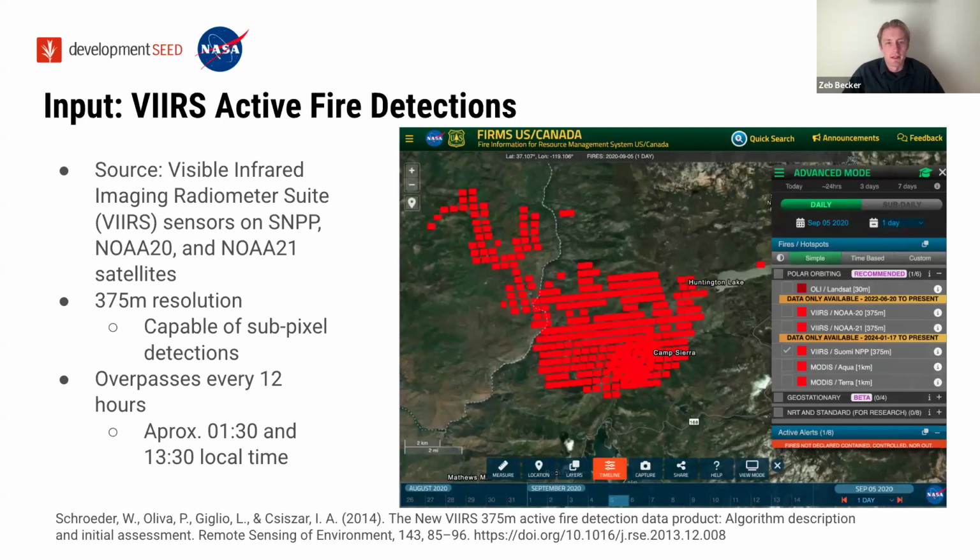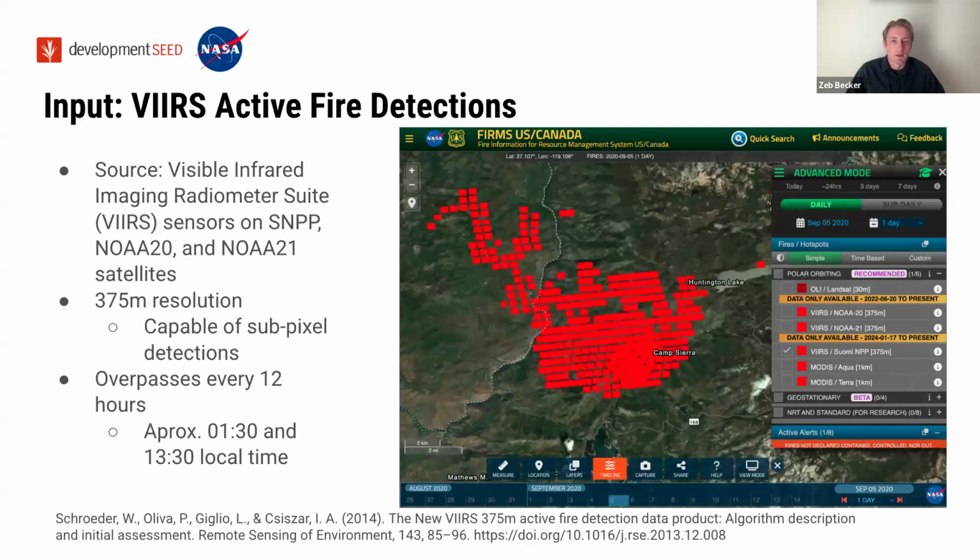When you get an active fire detection from one of those sensors, the pixel size is about 375 meters. If you see a red pixel on your screen, that means the sensor has detected a thermal anomaly somewhere within that pixel. It doesn't mean that the whole area is on fire. It's capable of sub-pixel detections. But essentially what you get is a record of what I like to call hot pixels.